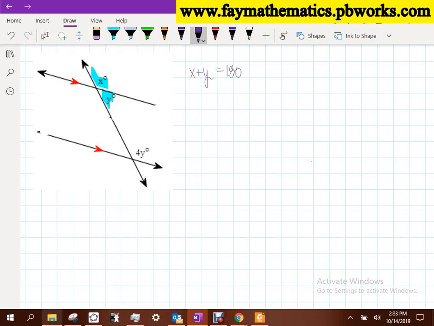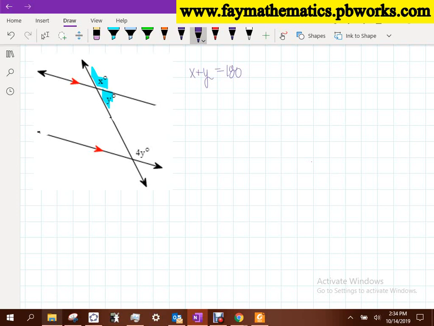Okay? And this is the game that we play. A lot of times the equation that jumps off the page right away at first is not the one that we can solve. Okay? This one I write down. I know it's a true fact, but can I solve this numerically for x or y? I can solve for y and get 180 minus x, right? Or I can solve for x and get 180 minus y. But I can't get y, what it is numerically, unless I know what x is, right? Or vice versa. I can't solve for x unless I know what y is. So that equation is true, but it doesn't get me anywhere in solving for x or y.